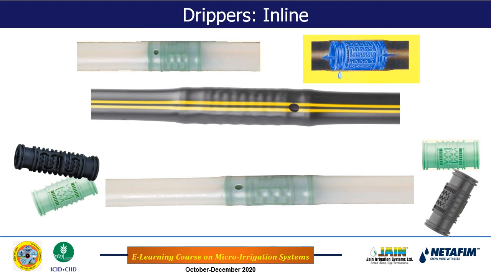We cannot do that. So inline emitter lateral comes separately, that is, the lateral comes with the inline emitter. Okay, now the question is when to use the online emitter and when to use the inline emitter, because in the market online emitters are also available, and inline emitters are also available. First let me tell you that inline drip lateral line is normally to be used